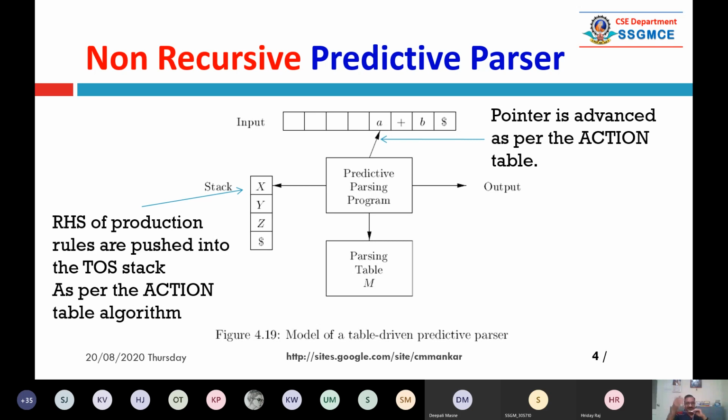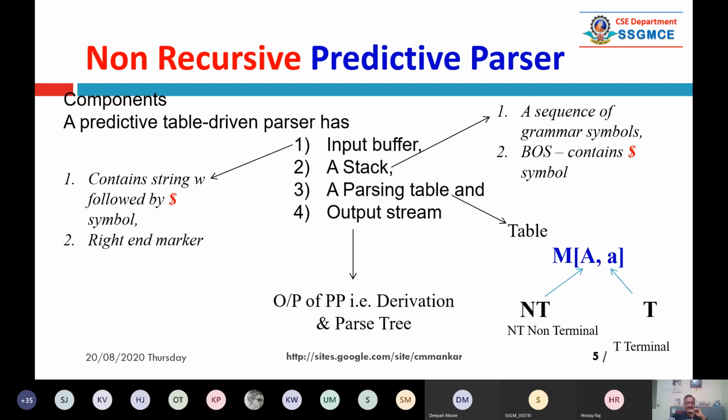As I told you last time, you just go through the previous lectures. The derivation sequence is nothing but the abstract representation of the parse tree. Dollar is at the end and dollar is at the bottom of the stack, that you have to remember.